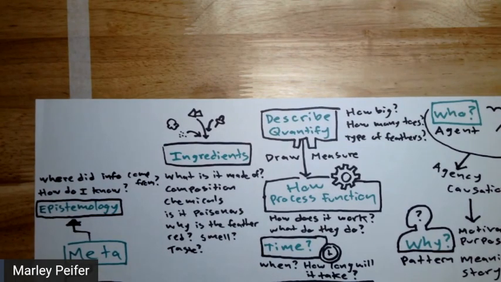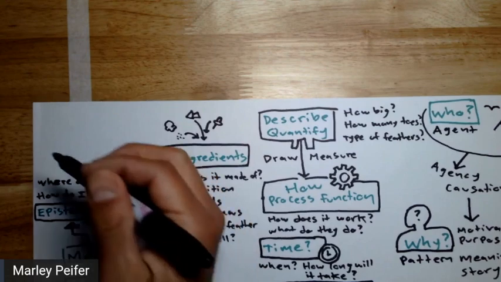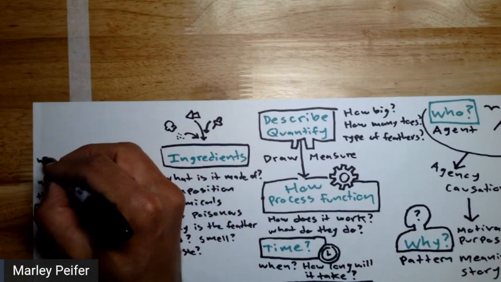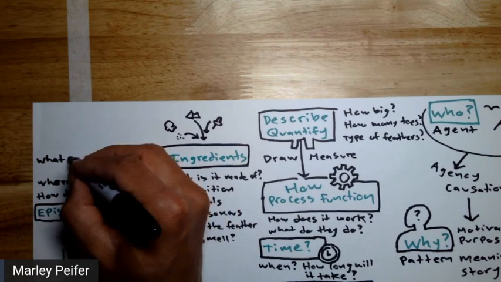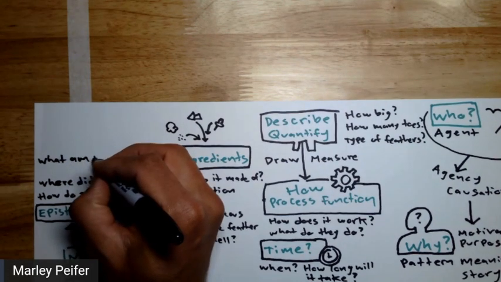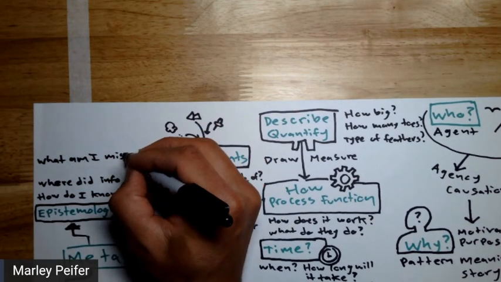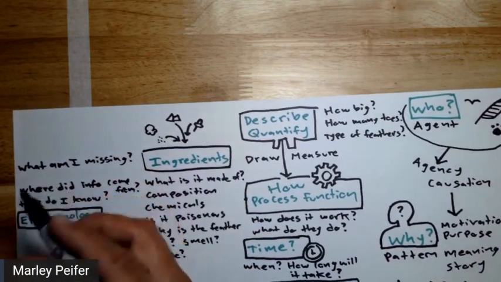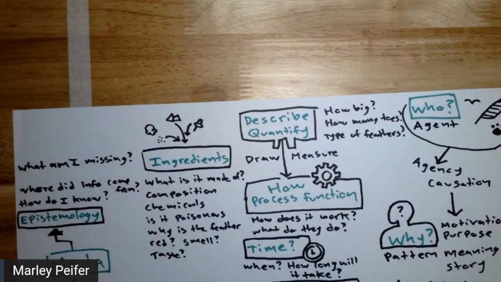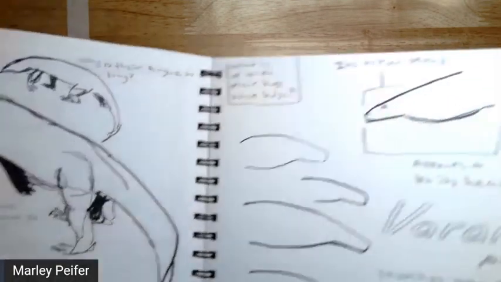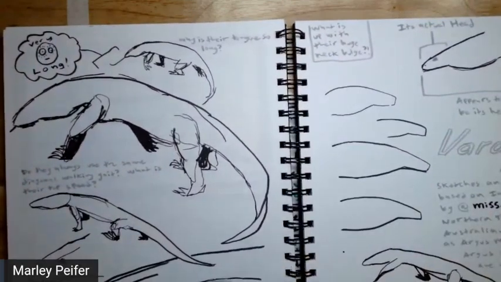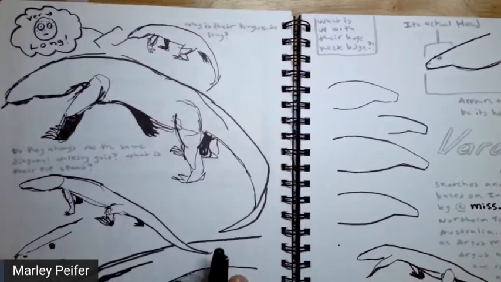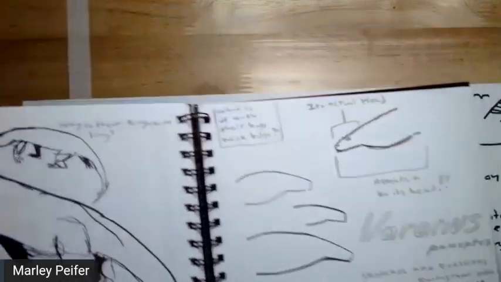All right. So then here are some other questions that are metacognitive. What am I missing? This is a powerful one that can stimulate thought, and our brain is not really good at this. Our brain likes to give us the sense that we have the complete picture, but asking this question, say you're nature journaling this monitor lizard, like I was recently. At the end of this session, I'm doing this from a video, so I'm not doing it in the field. I could just ask